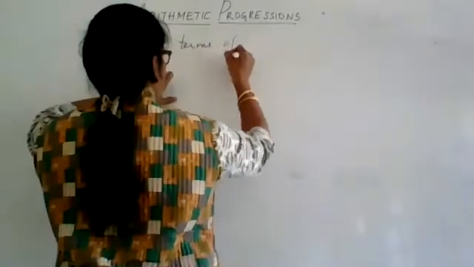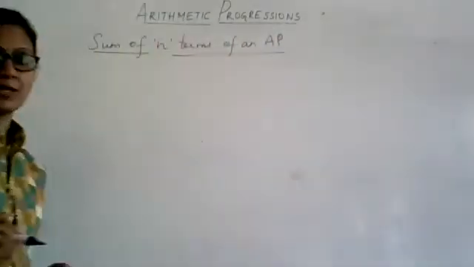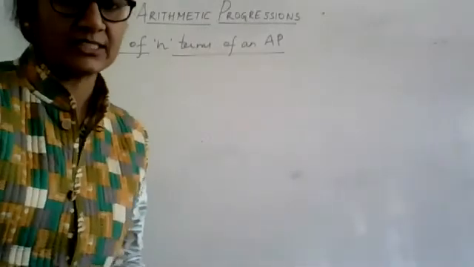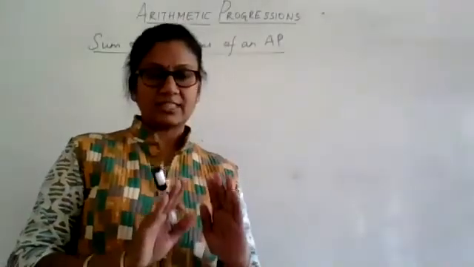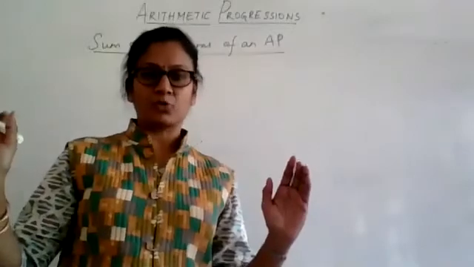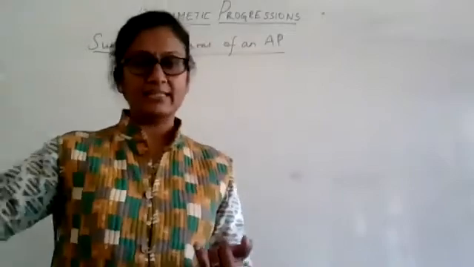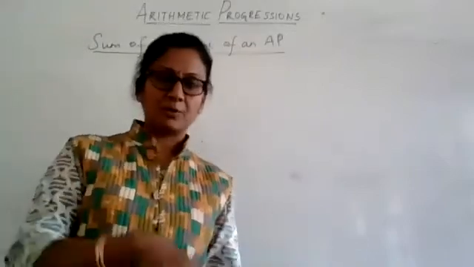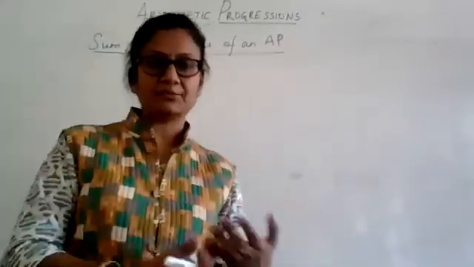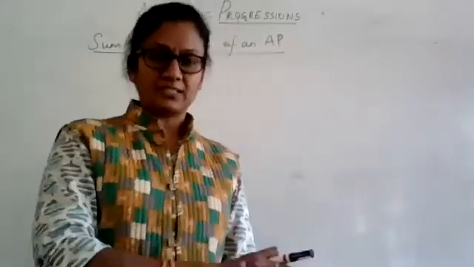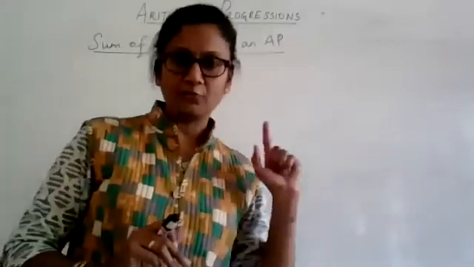Sum of n terms of an AP. So far, what we were discussing with respect to an AP was, given the first term and the common difference, we know how to calculate any term of that AP. This is how we have done all the problems so far. If the first term and the common difference are given, then we know how to find the nth term of an AP. Sometimes the AP was given and you were asked the nth term. Sometimes the nth term was given, and you were asked how many terms there were or what the first term of an AP is. So in all combinations, we have done problems using the formula for the nth term of an AP.